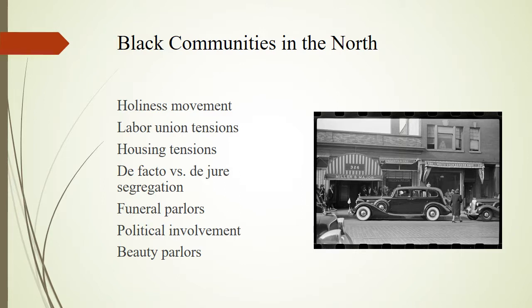Segregation in the North was not based on Jim Crow laws per se. When there is legal segregation, that's called de jure, or segregation by law. But segregation can also just be by custom, which is called de facto segregation. Northern Black communities were distinct and separate from white neighborhoods, and even though this wasn't codified in the law, you were taking a risk if you tried to be somewhere where customs